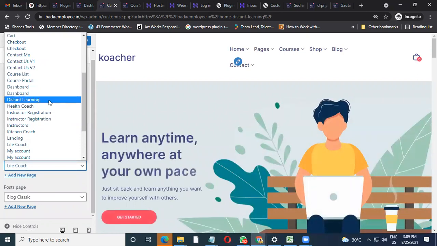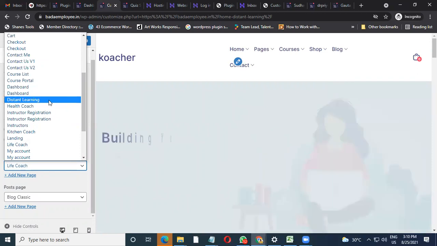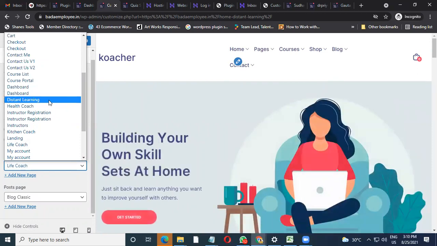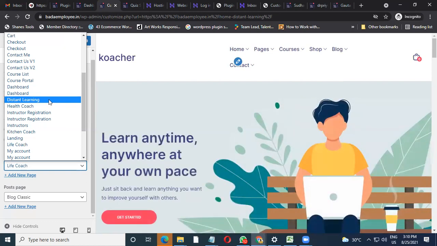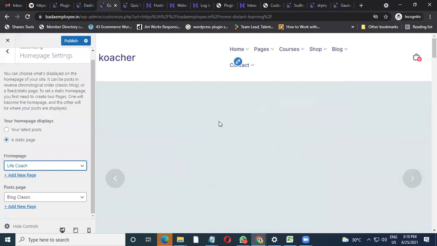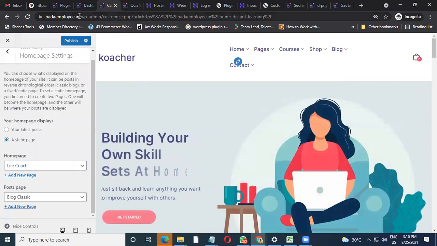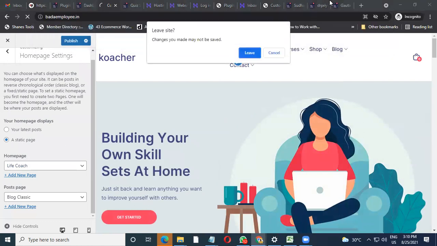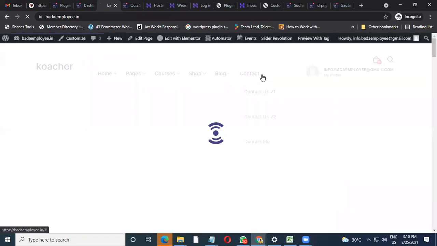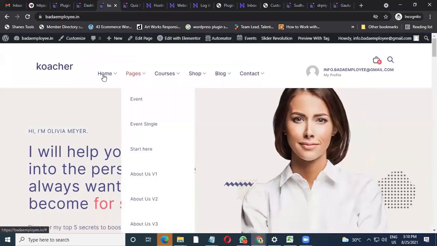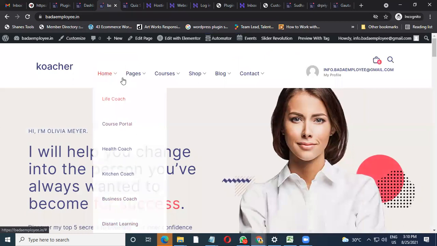But I feel if you are into either coaching or into a kind of academia, these two will be much better to use. It's your call. Whatever page you want, you can finalize it and make your site look that way. Suggestion is, don't remove the menu immediately, because if you remove the menu immediately, you would not be able to see what other pages are there, because it would be there on your system, but you may not be able to see it. Okay, so this is about the main page.